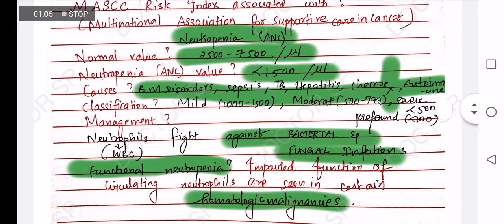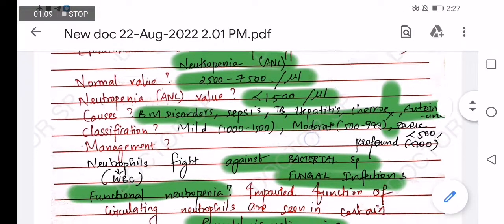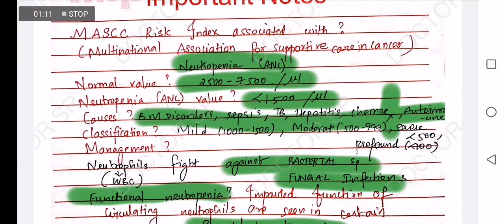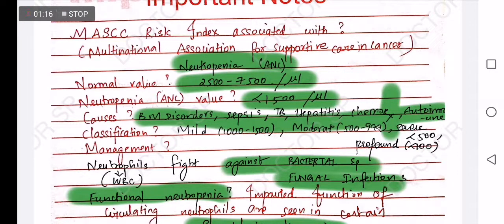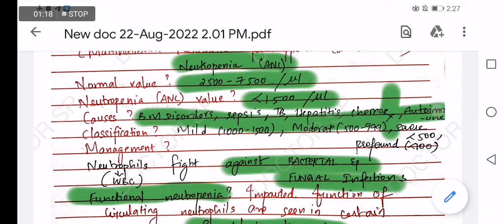What are the causes of neutropenia? Bone marrow disorders, sepsis, tuberculosis, hepatitis, chemotherapy, autoimmune diseases. Okay,